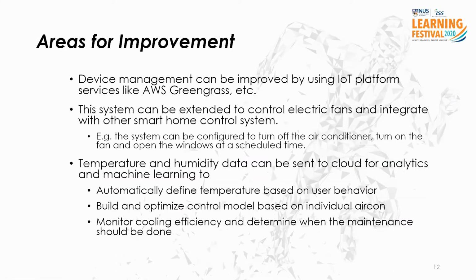These are the areas that can be improved in future. First, the device management can be improved by using IoT platform services like AWS Greengrass. Second, this system can be extended to control electric fans and integrate with other smart home control systems. For example, the system can be configured to turn off the air conditioner, turn on the fan, and open the windows